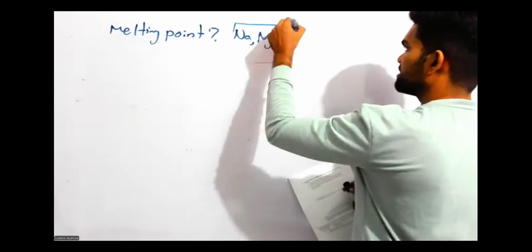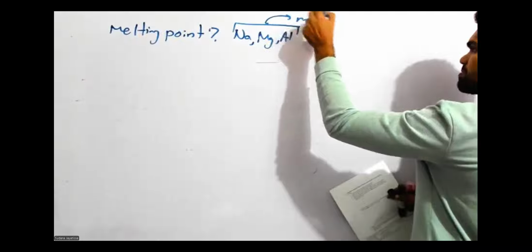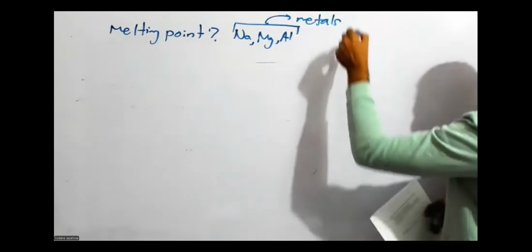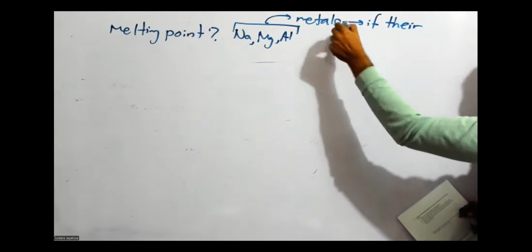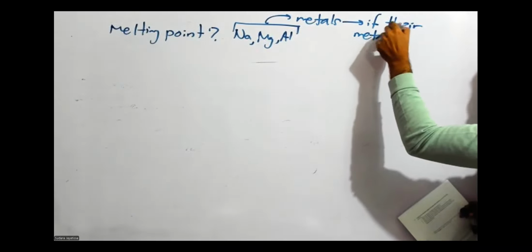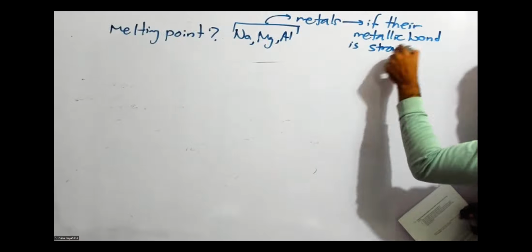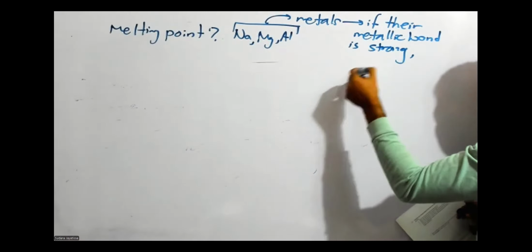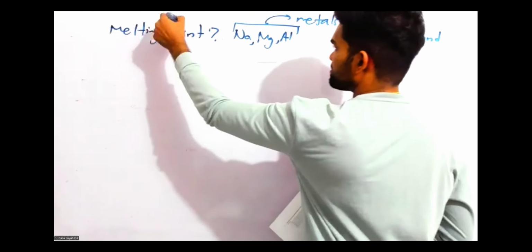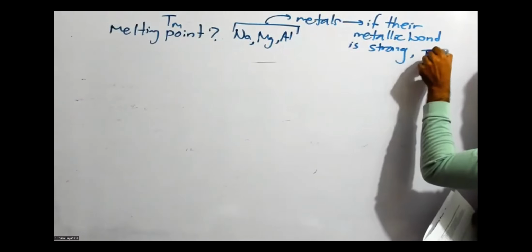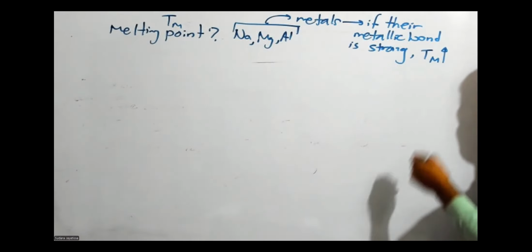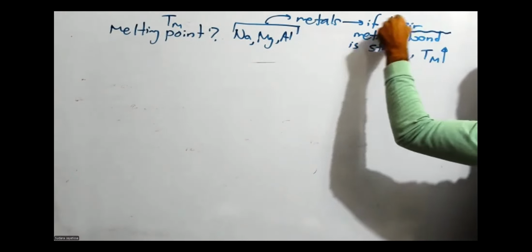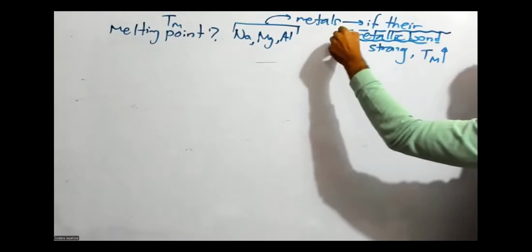First thing you can start with: these are metals. So if their metallic bond is strong, we can say the melting point, Tm, will be high. That is the logic, no? Right? You need to then explain about the metallic bond. So metallic bond stability